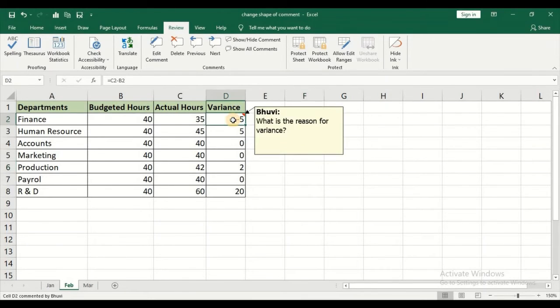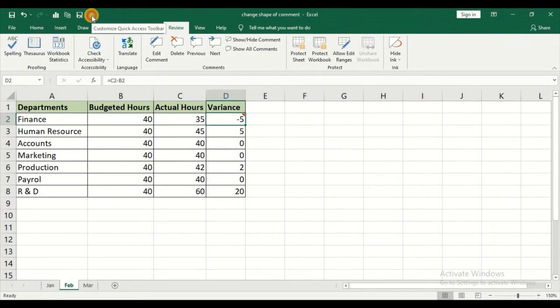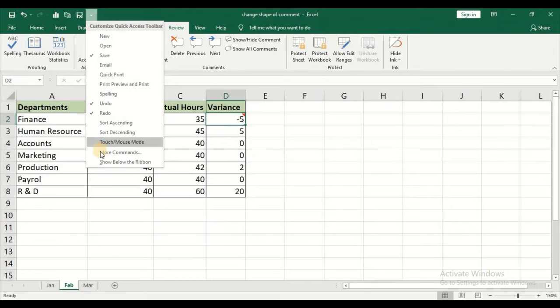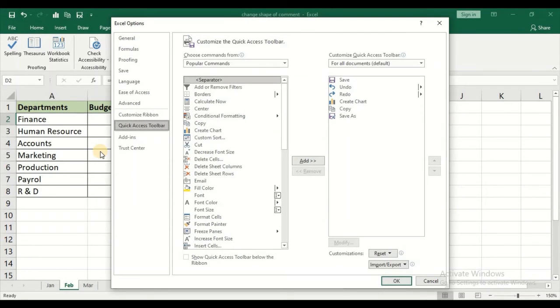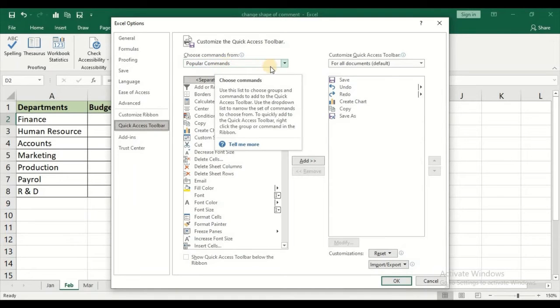In order to change the shape of the comment, there is no direct command in the ribbon. All you have to do is add a particular command to the quick access toolbar. This is your quick access toolbar. Next to that, you have a small drop down. Just click on that and go with this More Commands option. In More Commands, you can see Popular Commands here. Just click over there